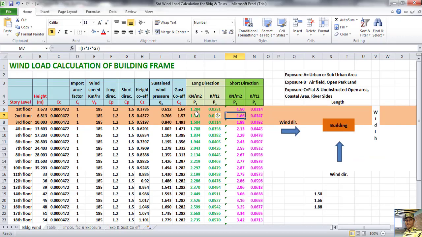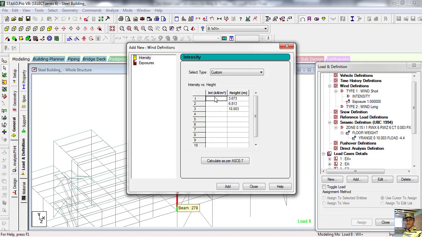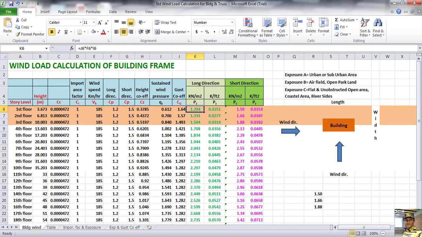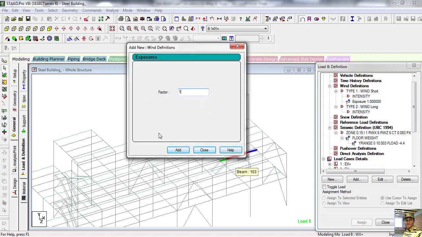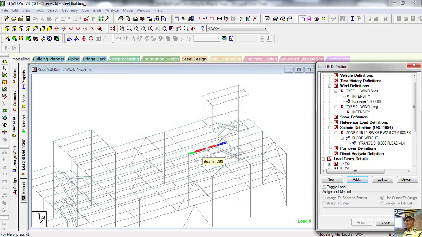Now see our long direction values are 1.204, 1.331, 1.501. So 1.204, 1.331, 1.331, 1.501. Add, factor 1, close.